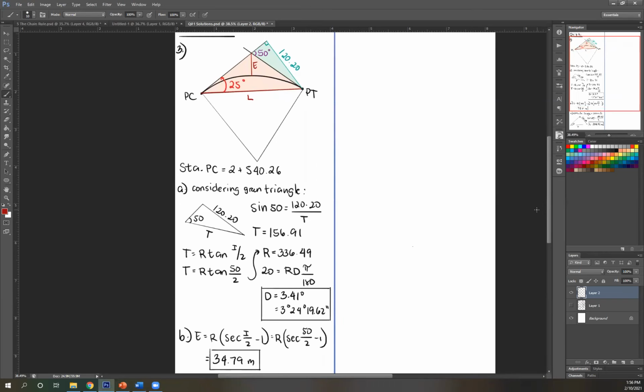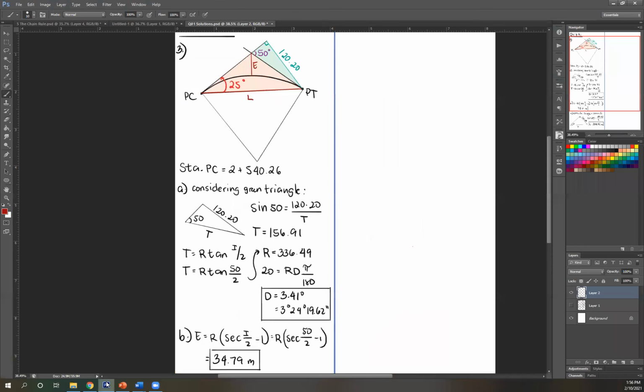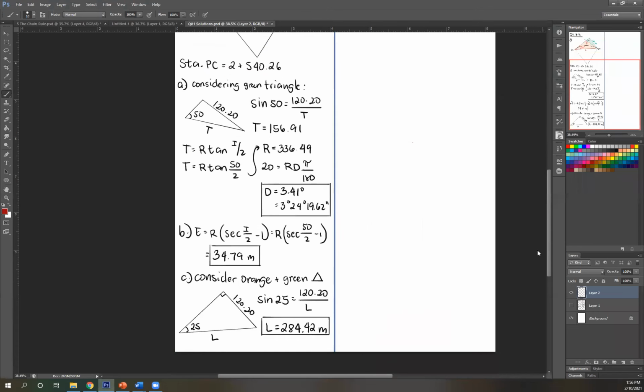So we have an equation for L as well. I think that was, let's check. Long chord: L equals 2r sine I over 2. So we can just use that. 2r sine I over 2. Or, for example, if you forgot,